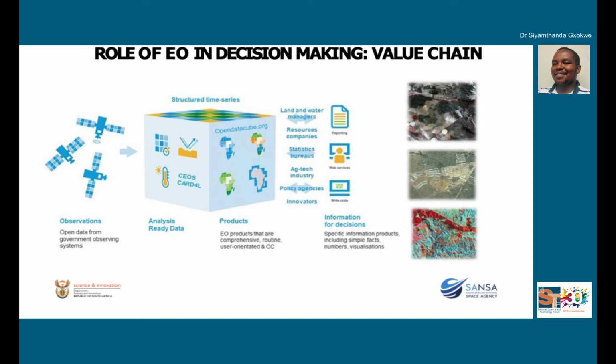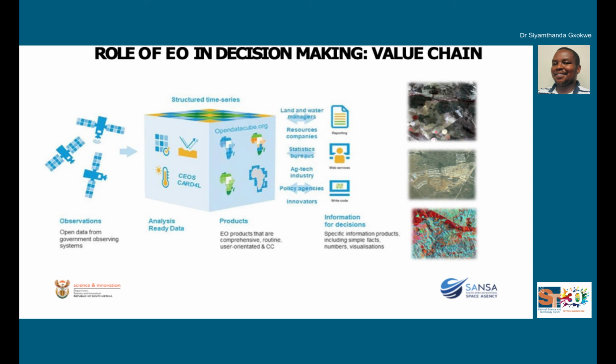For example, some of the phenomena that we'll be looking at would be changes in environmental conditions. If we talk about water levels, if we talk about water quality, we can use some of the indicators that we can pick up from those images to monitor the changes over time. Then we take those images and process them with machine learning and deep learning models to come up with products that are going to inform policies, agencies, and land and water managers' decisions with regards to issues relating to climate change, food security, amongst other things.